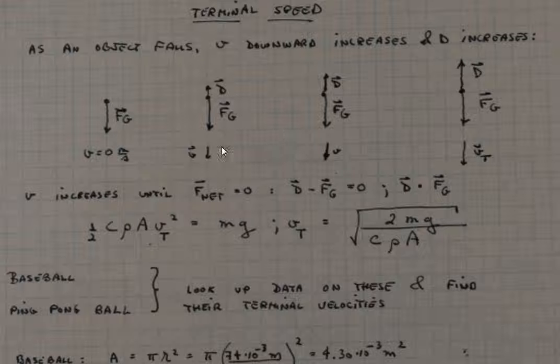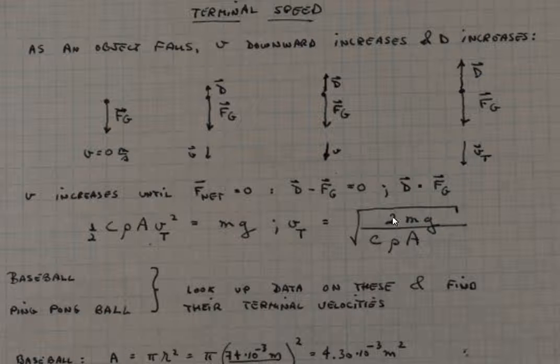But as time progresses and as v picks up magnitude, the magnitude of the drag force becomes larger and larger, and eventually the drag force becomes equal in magnitude, but of course opposite in direction, to the downward gravitational force. In which case, the net force is zero, the acceleration is zero, and the object has thereby achieved its terminal